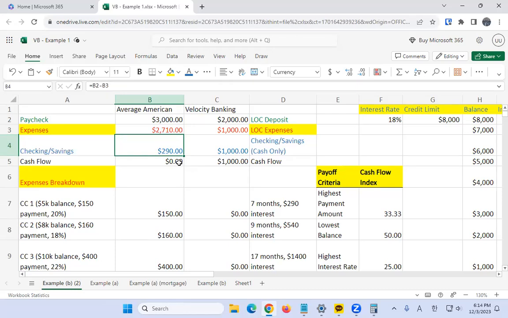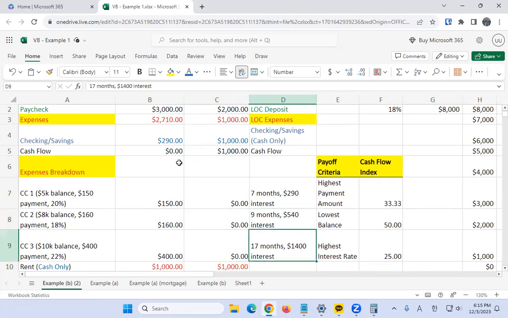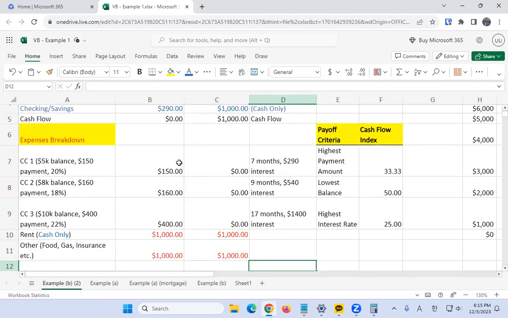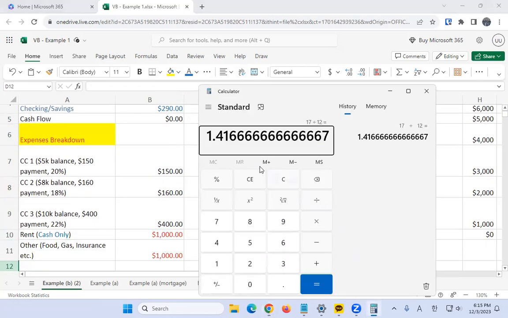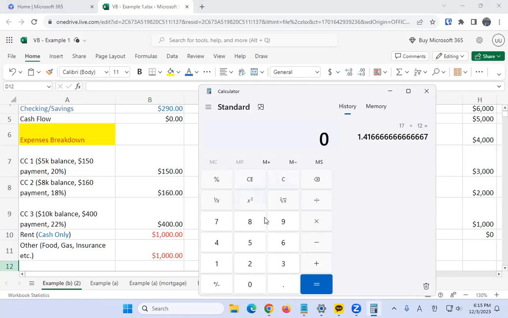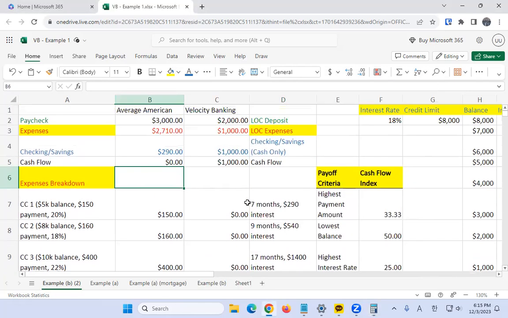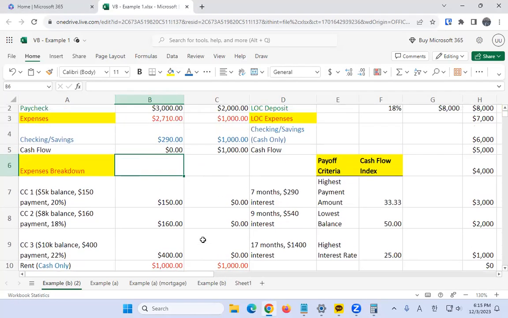Whereas now, we did velocity banking. We paid this off in, let's see how many months. So that'll be 7, 9, 17. So 7 plus 9 plus 17. And then we divide by 12, figure out how many years. So after 2.75 years, we're going to pay all of these 3 credit cards off, and then we're going to